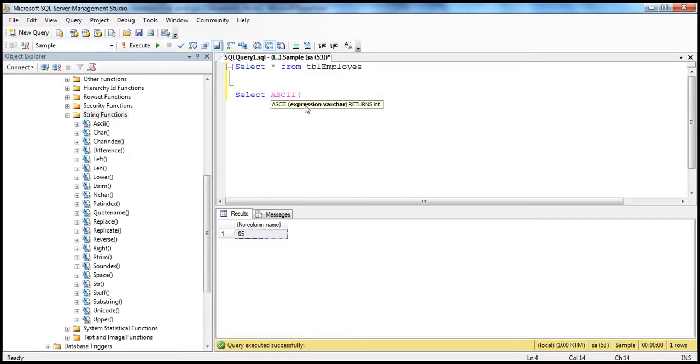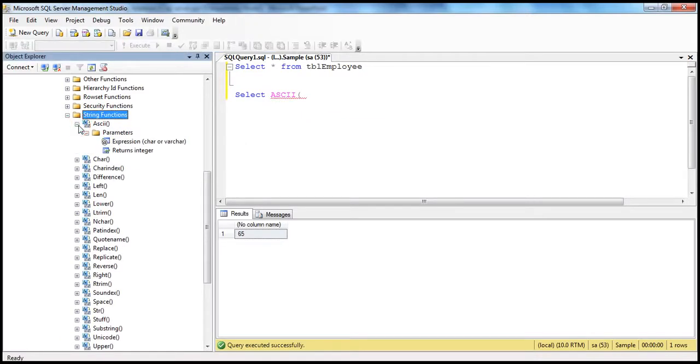So this is one way of identifying what you need to pass to the function and what it returns to you. Another way is if you just expand the function itself, it should tell you that the parameter it is expecting is an expression of type char or varchar, and it returns an integer. Because the ASCII code value is an integer between 0 and 255, it's going to return an integer for a given